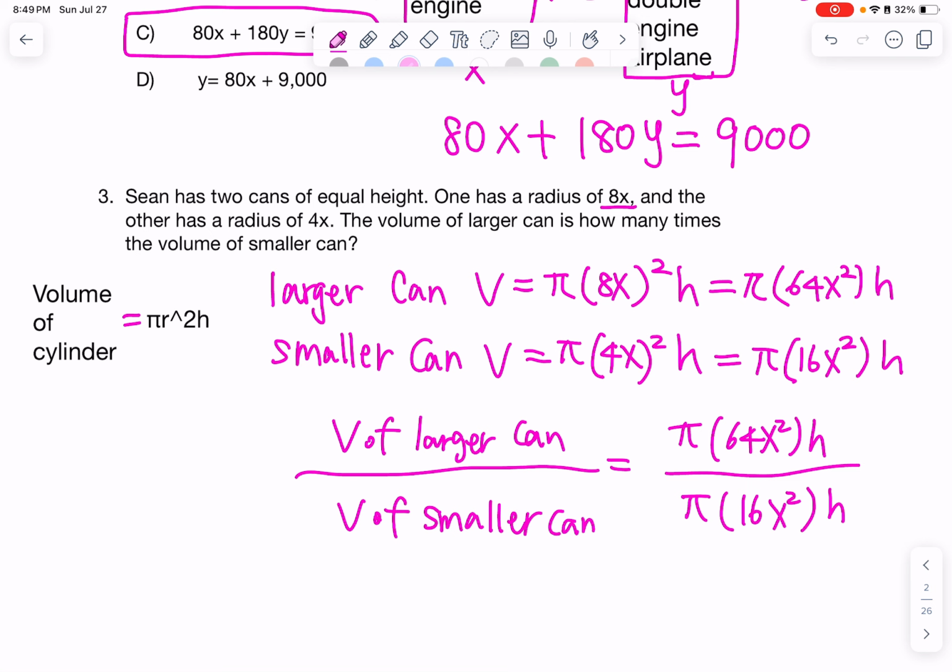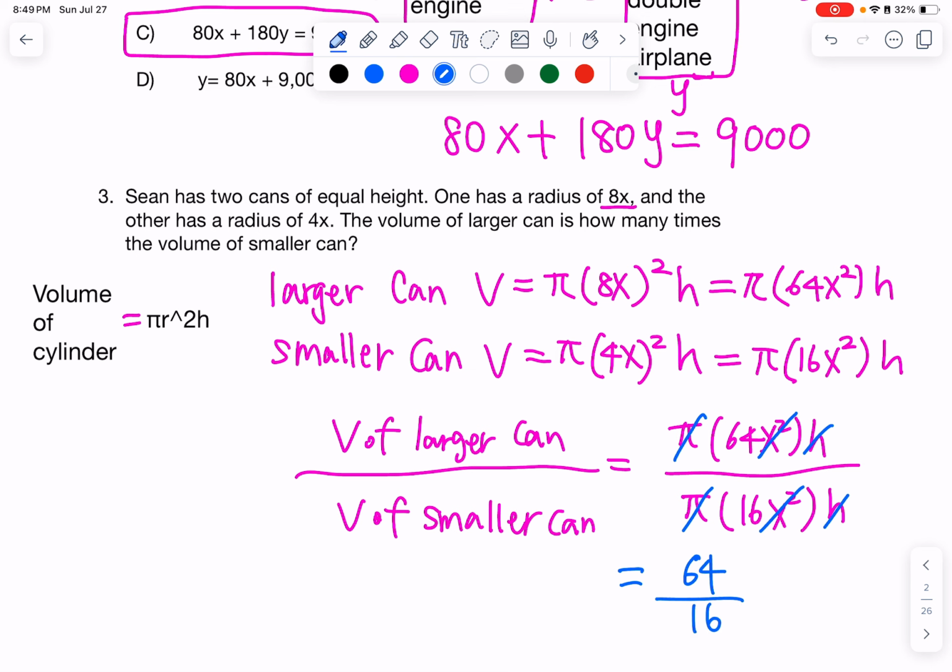We can simplify with the same things: pi cancels out, h cancels since it's the same height, and even x squared on top and bottom are the same, so you can cancel those out. That gives you 64 in the numerator and 16 in the denominator, so you can simplify that as 4. So the volume of the larger